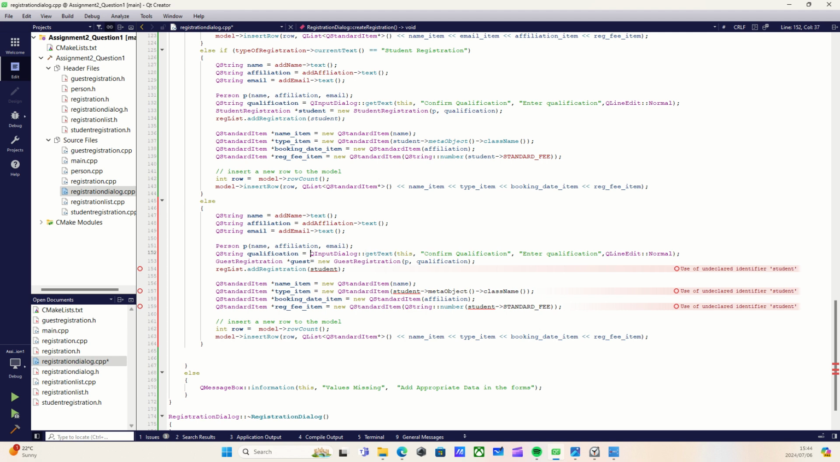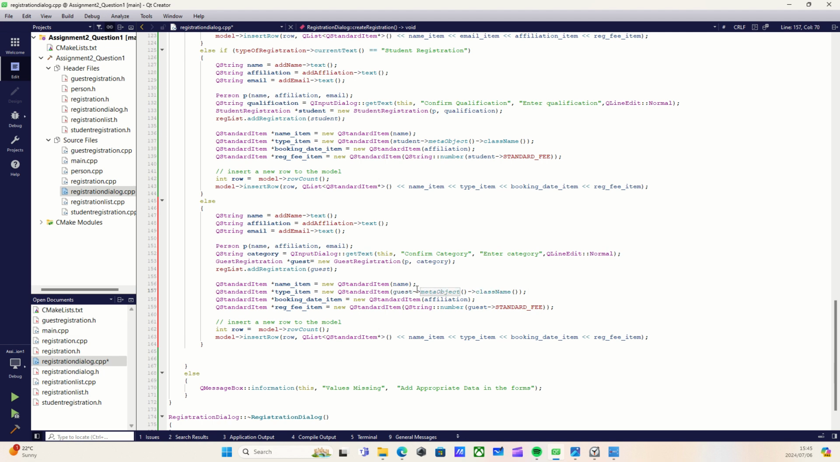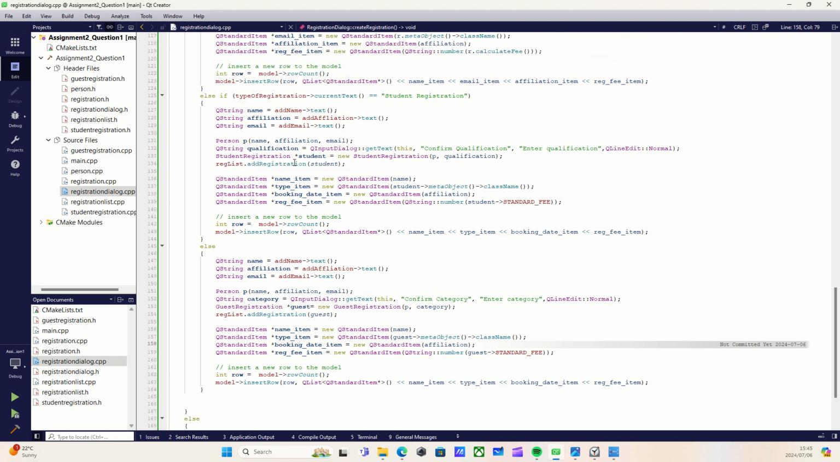Instead of qualification, I'm going to call this, I already forgot, associate category, and I'll change this to category, confirm category, and then enter category. Okay, and then I'll add that guest, and it's going to be guest standard fee, guest meta object with class name, and if I save,